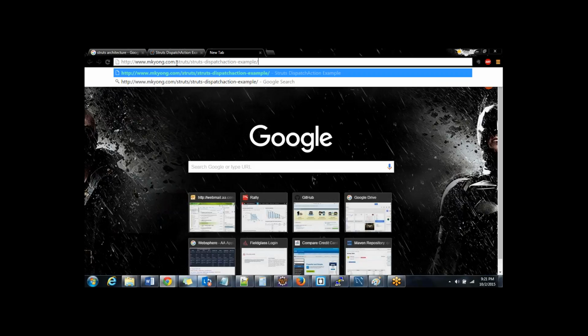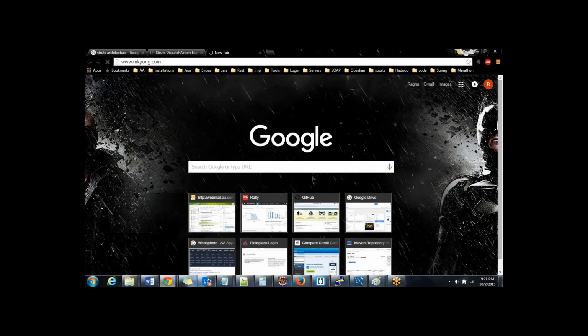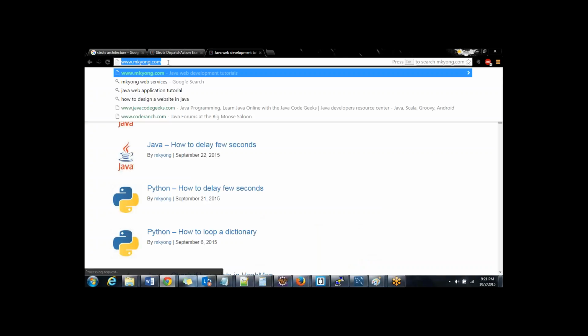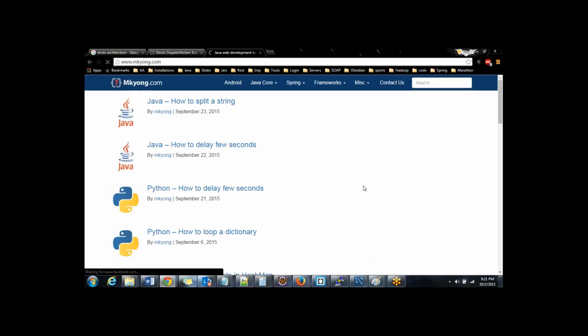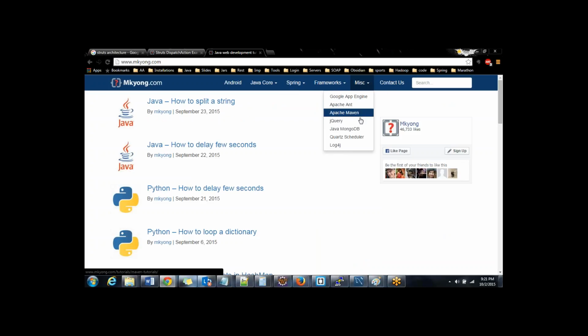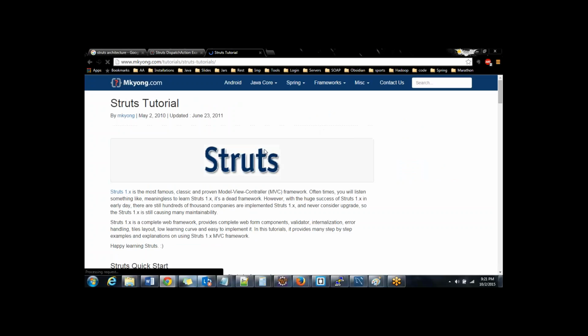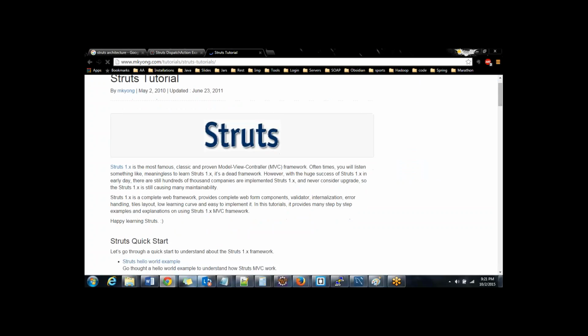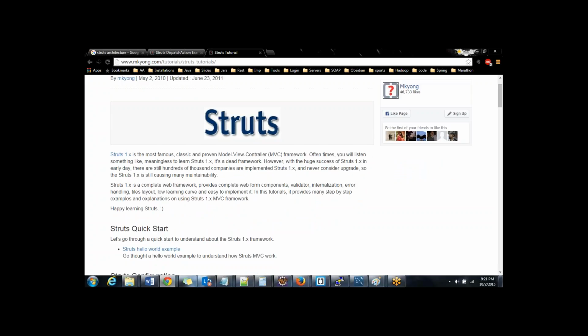If I say this, this is one pretty good website that I find, where a lot of examples are given, not only for Struts, but Spring, Core Java, different frameworks, Java, Spring, Selenium, a lot of things. He has given a lot of very good examples in a very clear and understandable way. So if you go to Struts 1, in this framework, what you can do is basically start with